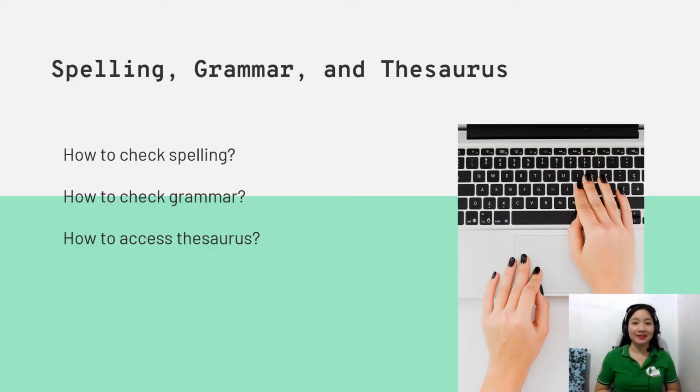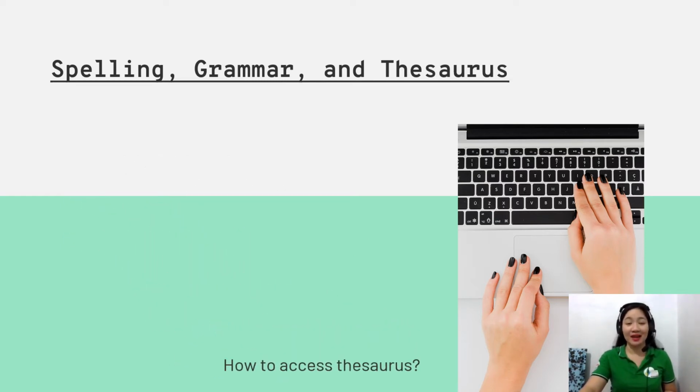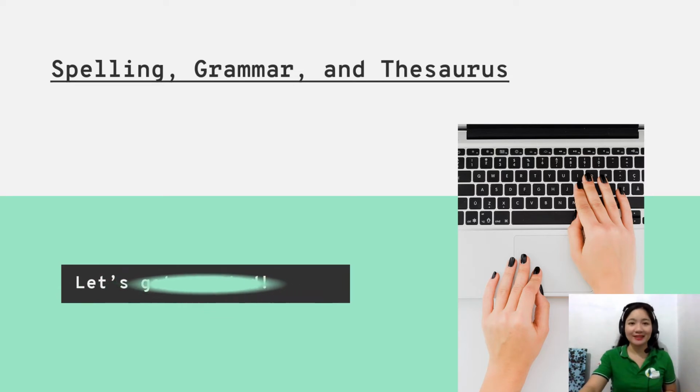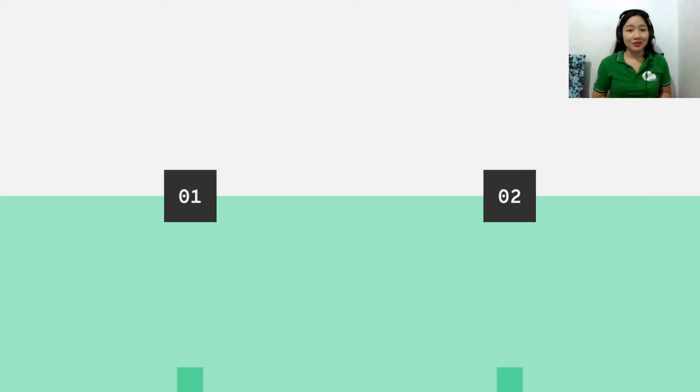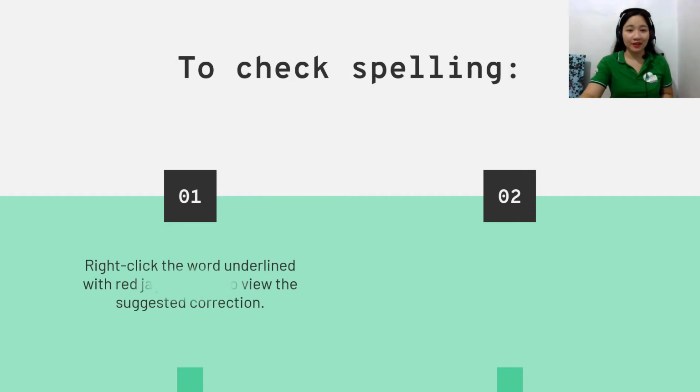Let's now proceed to spelling, grammar, and the thesaurus use in MS Word. So we will be doing how to check spelling, how to check grammar, and how to access the thesaurus. Let's get started. To check spelling, the first thing to do is to right-click the word underlined